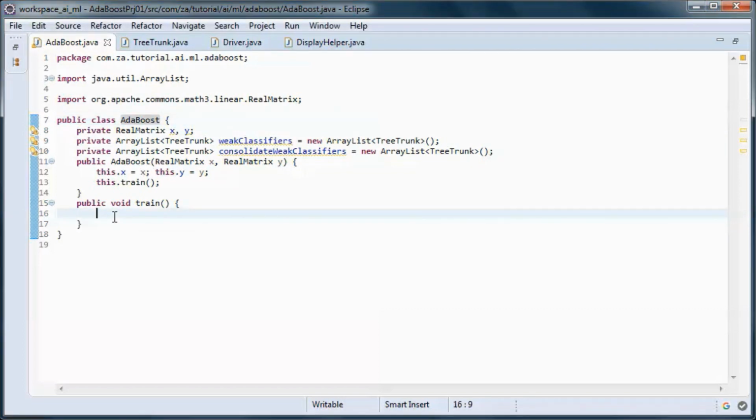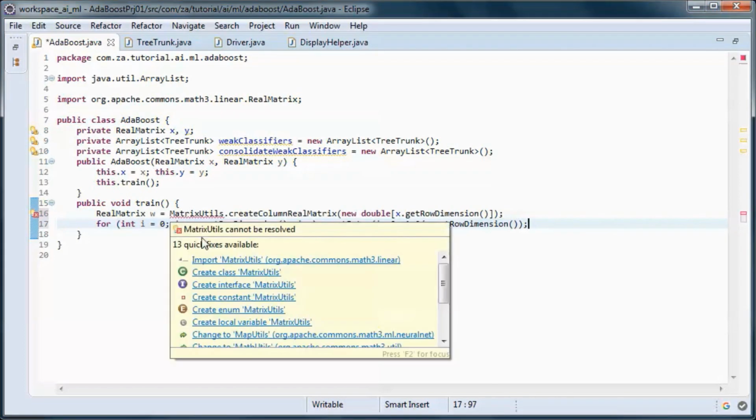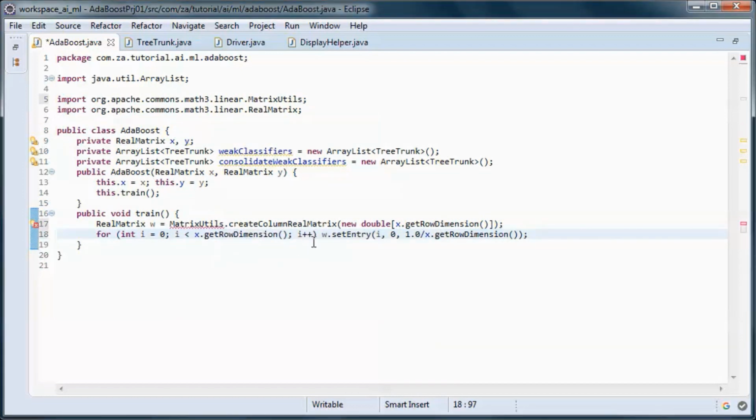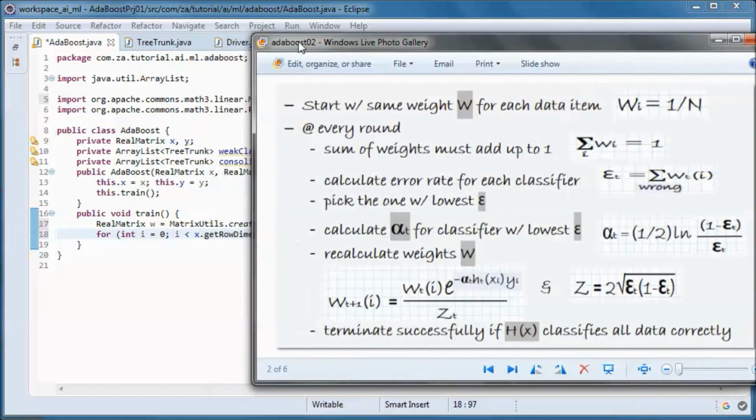And we will first calculate W. So we start with the same weight for each data item. So W is equal 1 over the number of data items.